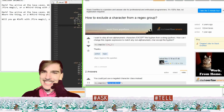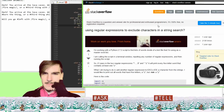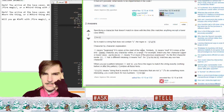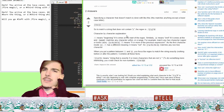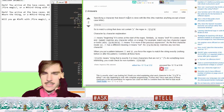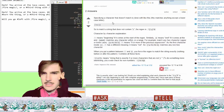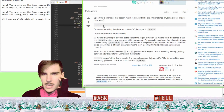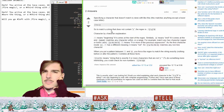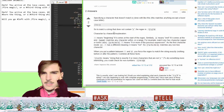Um, to exclude characters in a string search. No. Wait, what? Specifying a character that doesn't match is done like this. This matches anything except a lowercase. Wait, what? Oh, so the up caret? The up caret is excluding this. So